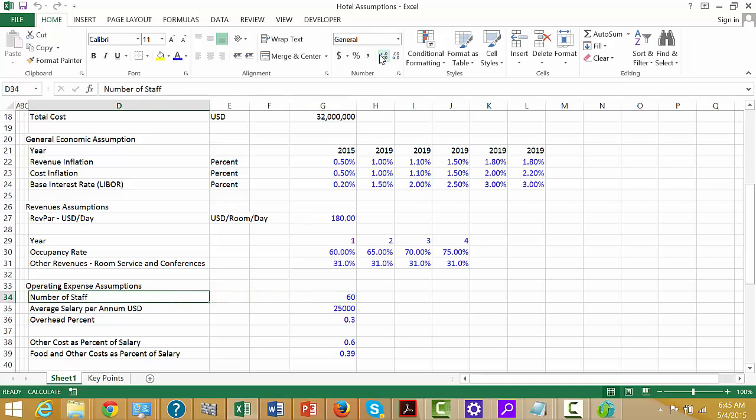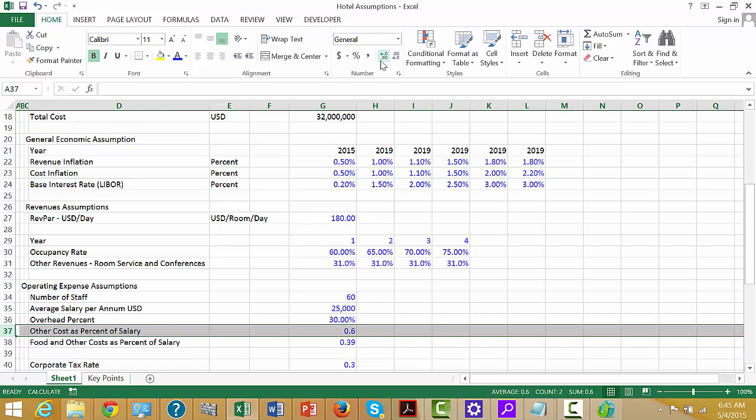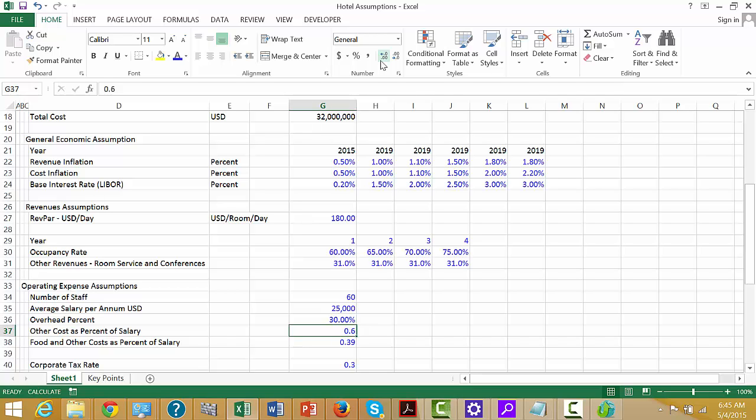Now this is our staff. So now let's put under, let's put operating expense assumptions. Shift Control O. Remember. Shift Control 5. And other costs is a percentage of salary, so we have some other costs. Now these of course could change for each and every year, but oops, so maybe we should put the occupancy rate, percent per year, other is percent of revenues, number of staff, and average salary, USD per year,